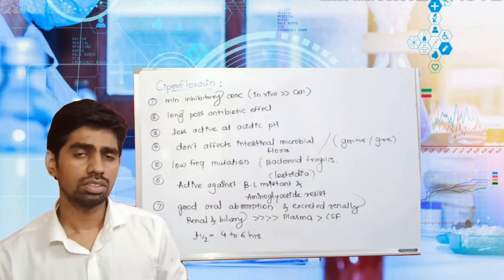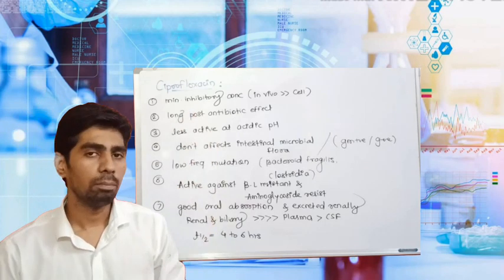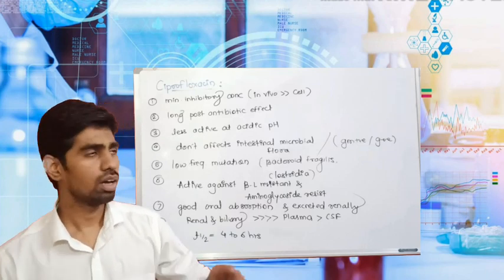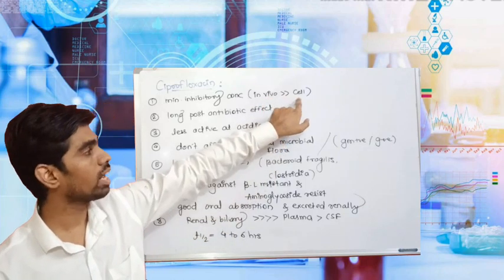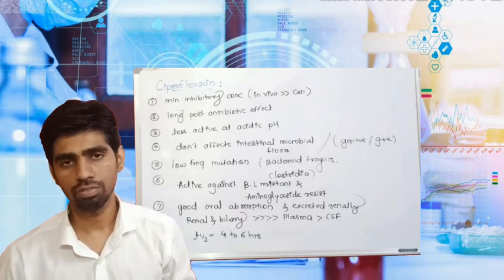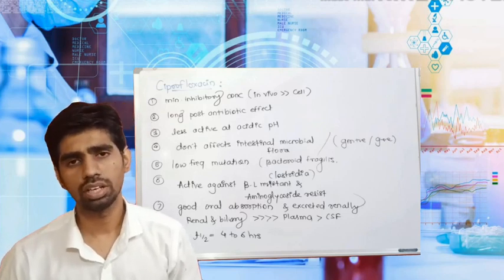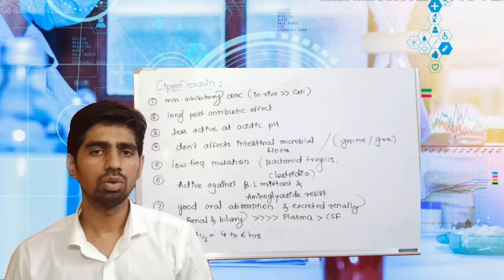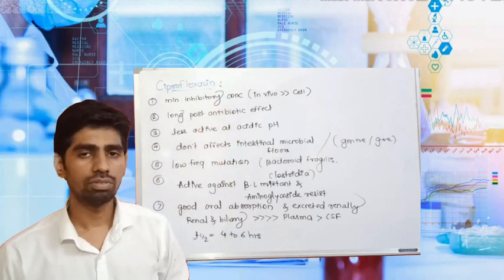Now we are going to discuss ciprofloxacin. Okay, there are certain important features of ciprofloxacin. The first one is the minimum inhibitory concentration. This MIC value is found higher in in vivo experimentation as compared to that which is originally required to cause the bactericidal effect. Means when you are giving the drug, the concentration required to cause cell death is relatively lower than we find in the experimentation we are doing in the lab. Okay, so that was the MIC point.